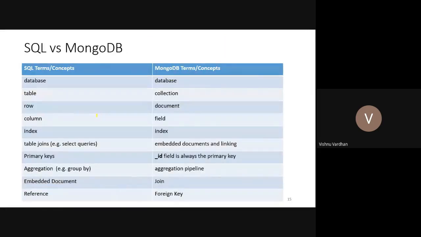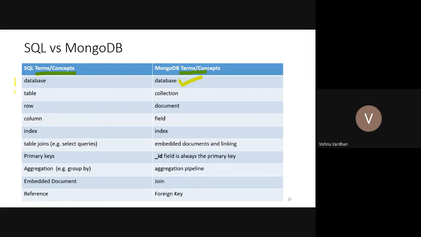Then a comparison is given for SQL terms and related MongoDB terms. What is a database in SQL? That means in RDBMS it is the same term we see in MongoDB. Either you call it a database in SQL or MongoDB, they are the same.